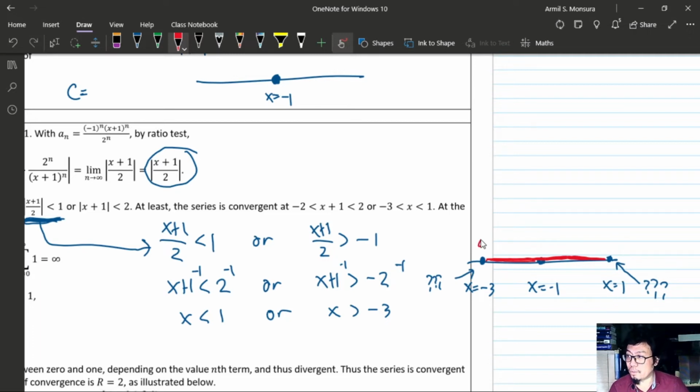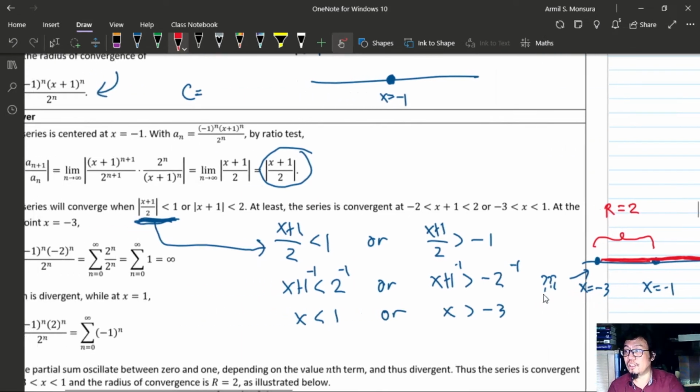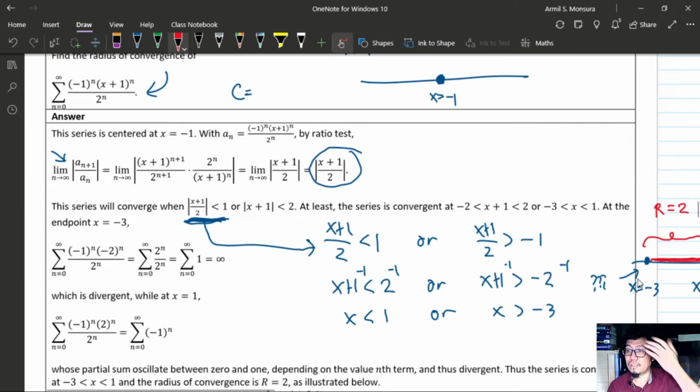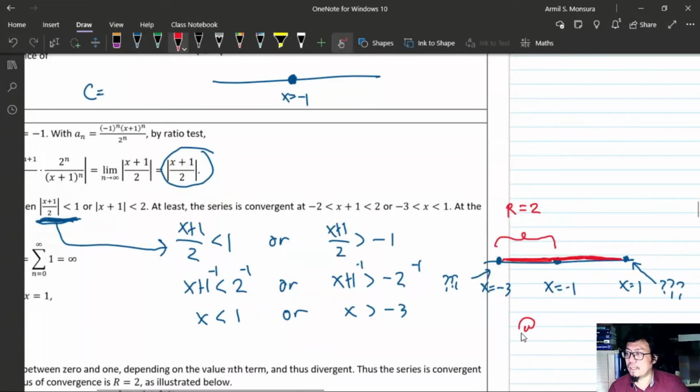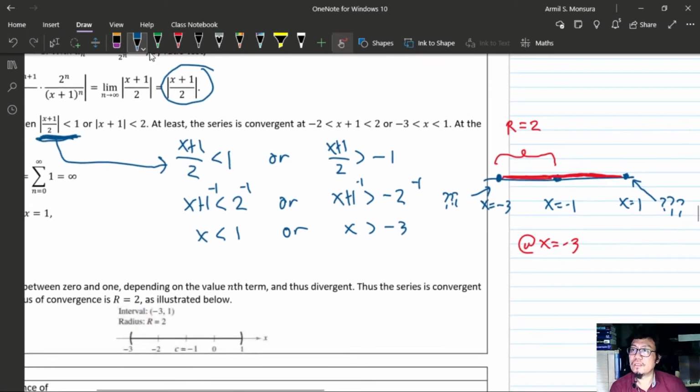By the way, before we proceed, from this we will be able to deduce that your radius of convergence is 2. That's negative 1 minus negative 3, so that's 2. Now, the last step is to actually determine whether the endpoints are included. So at x equals negative 3, your series becomes